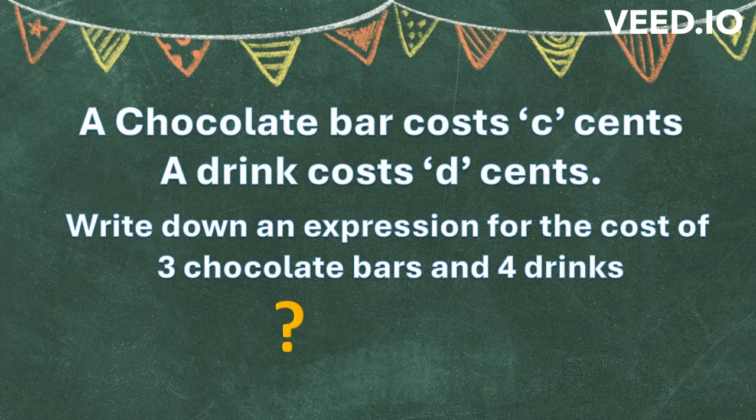Think about it. We need to find the total cost. So let's imagine a variable for it. Let's not use C because C is already taken in the question. Let's imagine another variable T. So the total cost is equal to